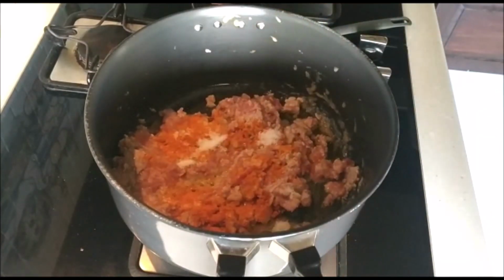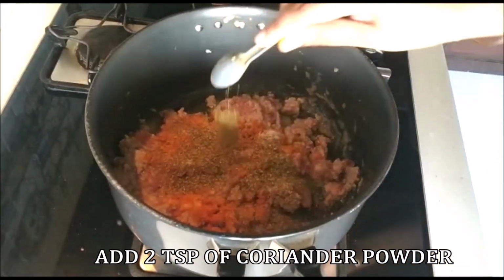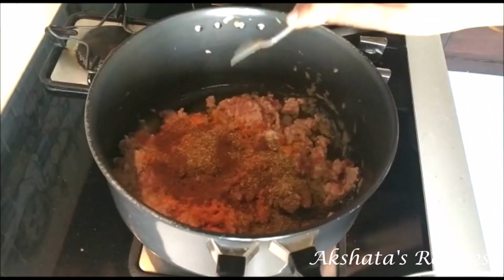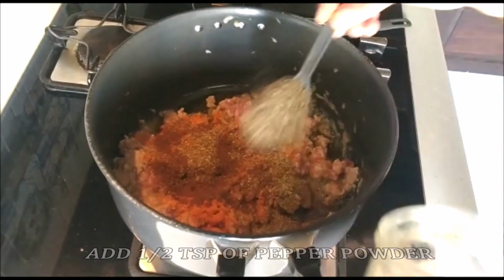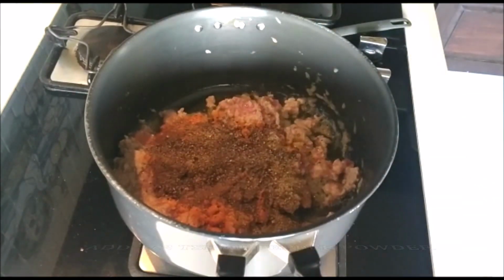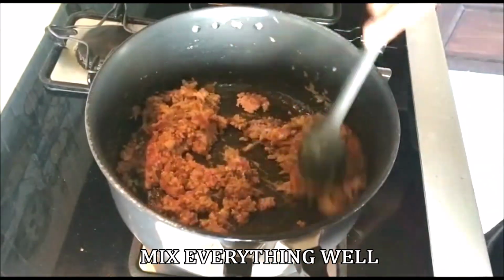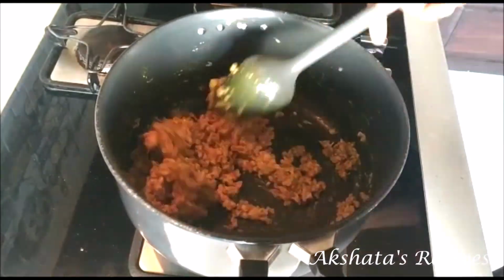2 teaspoons rather of coriander powder or dhania powder, half a teaspoon of cumin powder or jeera powder, and half a teaspoon of pepper powder or miri powder. Now you can adjust all these spices according to your taste, and now fry everything really well for about a minute or two. And then you're going to cover and cook this mixture for about 3 minutes